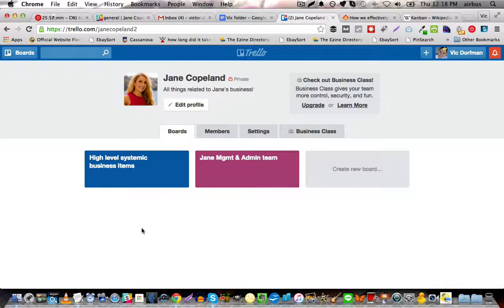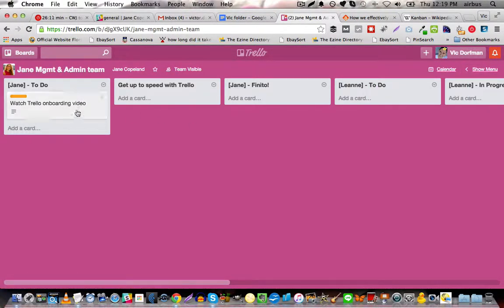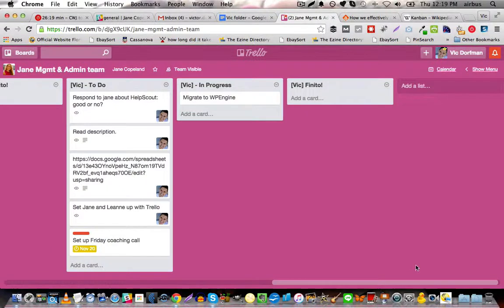So there are three basic items within Trello. The first item is a board. So this is a board, and this is a board. If you click on a board, then you get a bunch of lists. Let me hide this menu. Each of these items is a list, and within each list, there are cards. So we have boards, lists, and cards. You can see, for example, on this list that we have 1, 2, 3, 4,